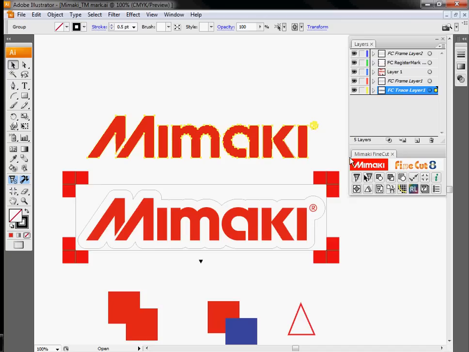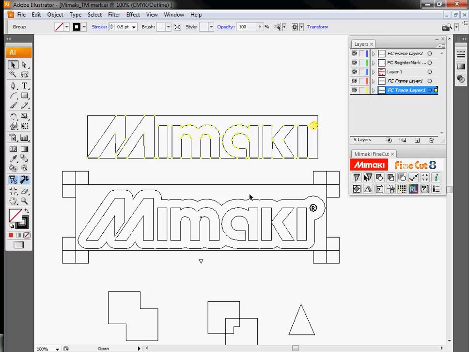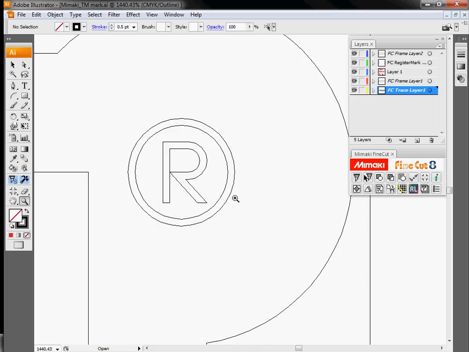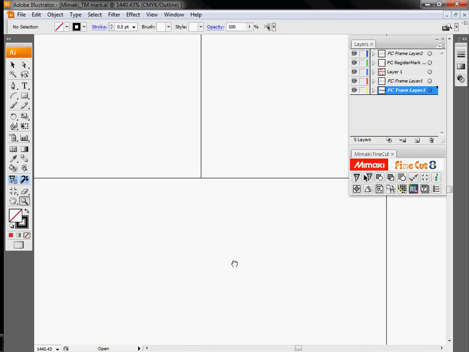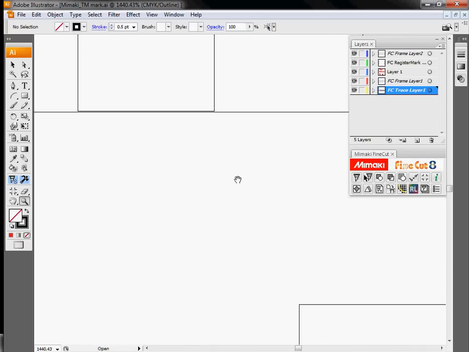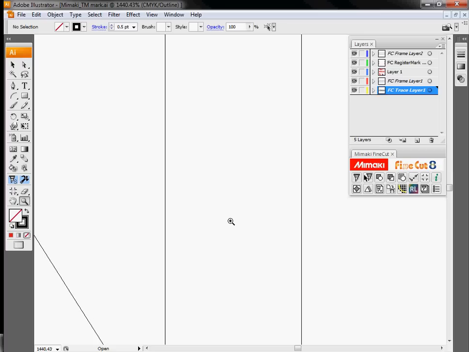Now it is important to note when we're doing raster to vector conversions that we do lose a little bit of information. So if I change my view back to outline, I now do have cut data here that I can manipulate. However, if I zoom in on my registered trademark here, you'll see this is nice vector data. So I have a couple round circles, a fairly well-defined R for the registered trademark. If I go up here and take a look at my vector outline, however,